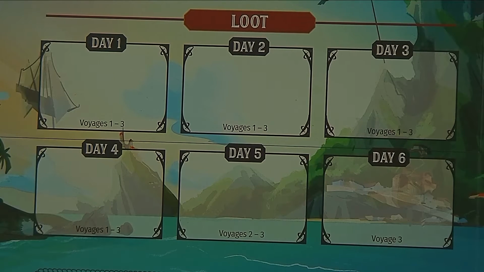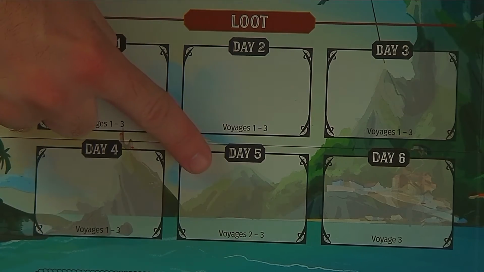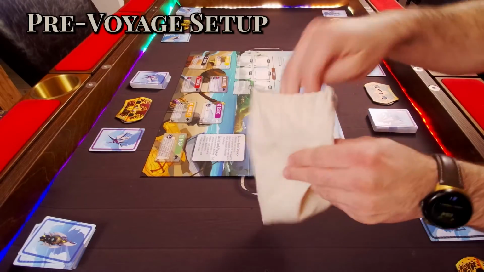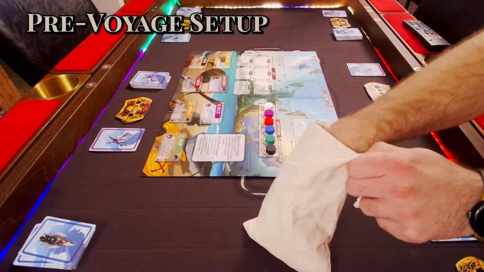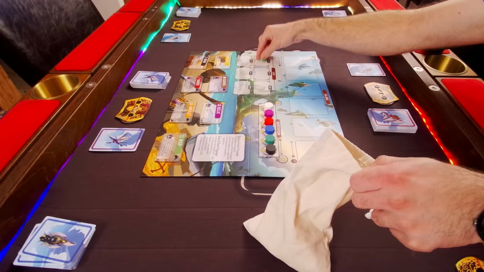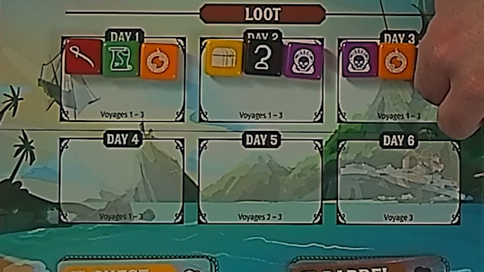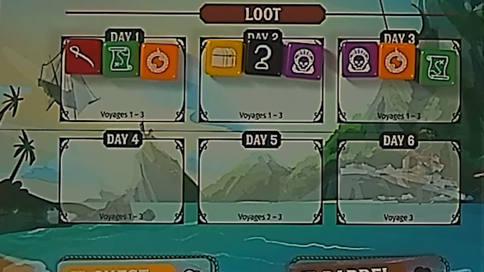The game is played over a series of 3 voyages, or rounds. The first voyage will take 4 days, and each subsequent voyage takes 1 day longer. Before each voyage, randomly draw loot tokens from the bag to place on the day spaces for that voyage. Each day should have a number of loot tokens equal to the number of players, or, in a 2-player game,